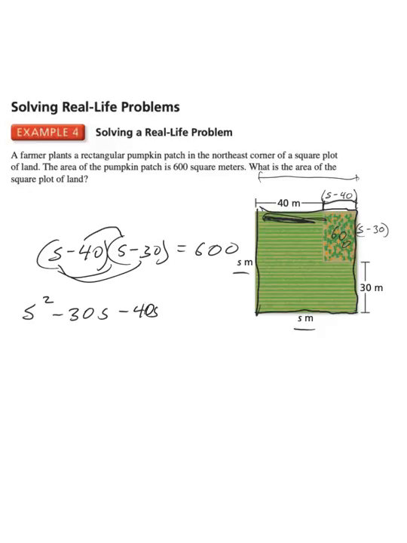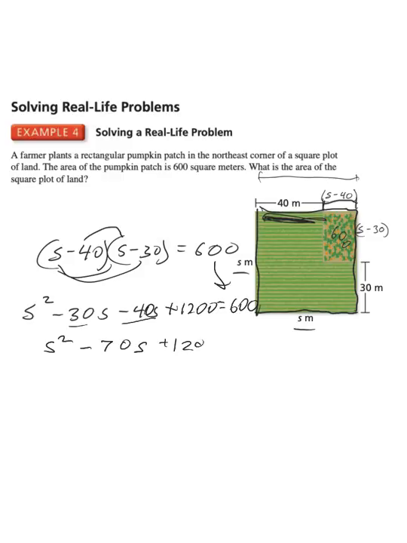40 with a 0, s. And negative 40 times negative 30 is positive 1,200. And again, this is equal to 600. So it looks pretty complicated, but let me go ahead and simplify it. I have s squared minus 30, negative 30, negative 40 is negative 70s,